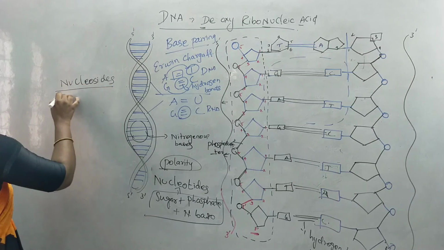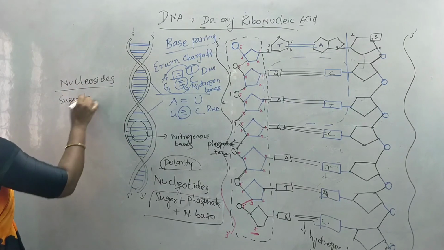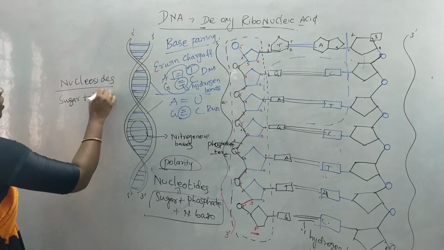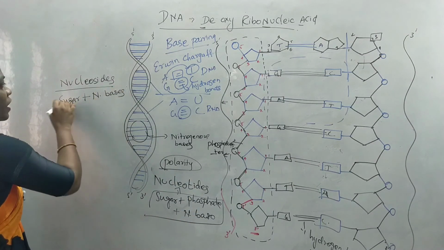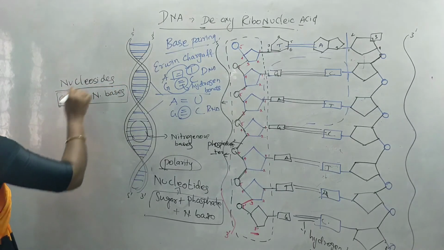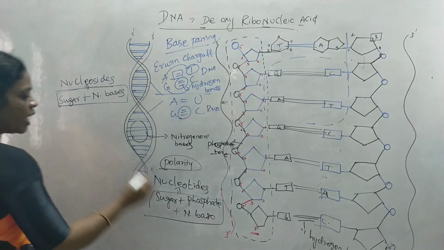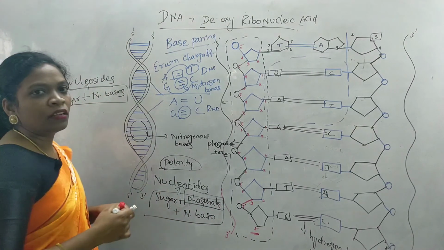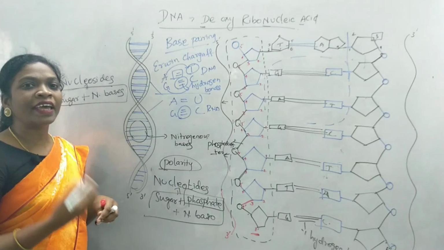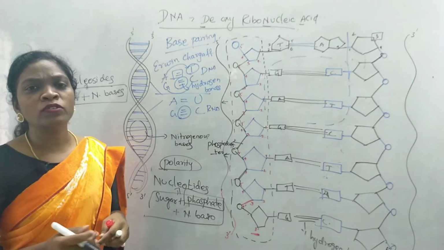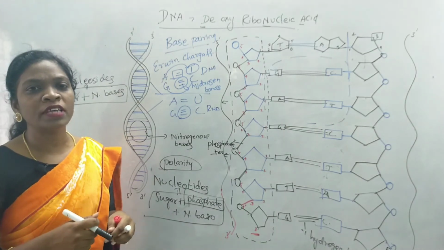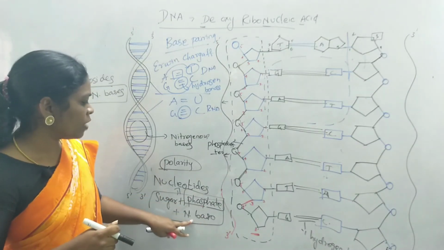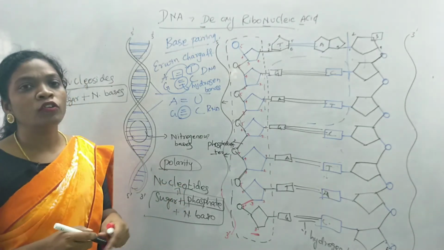Nucleosides are nothing but sugar, that is pentose sugar in case of DNA, attached with the nitrogenous bases. When sugar and nitrogenous bases are alone, when only these 2 components are present, it is known as a nucleoside. When they add a phosphate group, that is a functional group, along with the structure, it turns into a nucleotide. So that is the difference between nucleotides and nucleoside. Sugar and nitrogenous bases together form a nucleoside, and sugar, phosphate group, that is a functional group of DNA, along with nitrogenous bases, form the nucleotides.